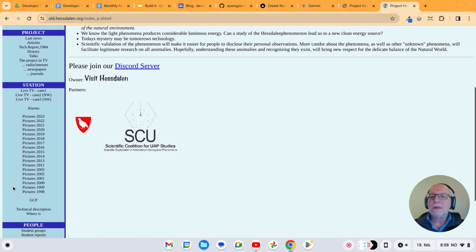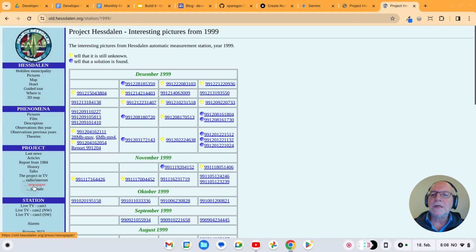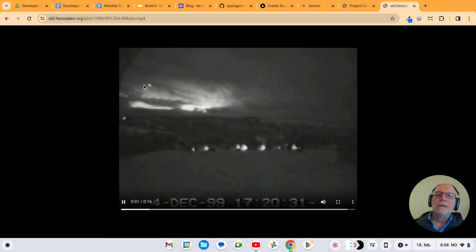On this one, the alarm pictures are copied every morning from last night. And Erling, who has been on this project for 40 years, will go through the pictures and see if there's anything of interest. So they were kind of lucky in 1999, and they got one recording that is kind of interesting. I'll just show you this one. Here you see something that is definitely